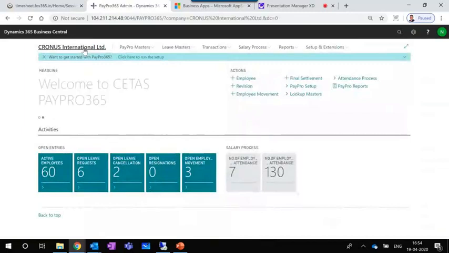Okay, so these are the functionalities that are available. If you have any questions, we will answer. So can you please